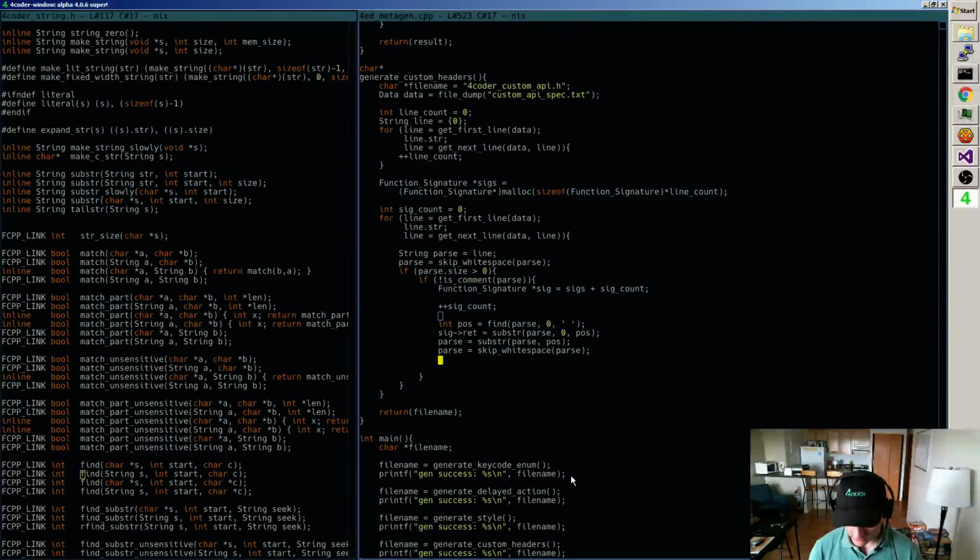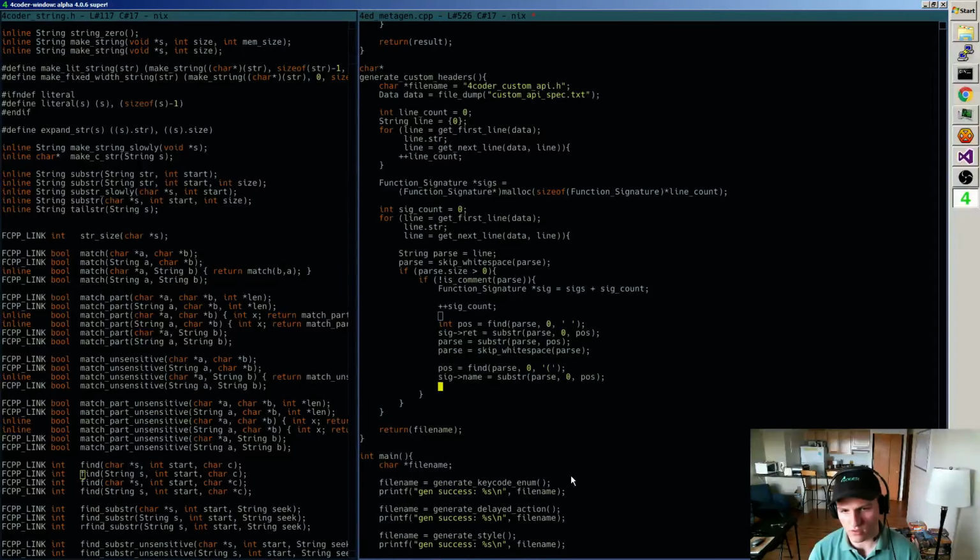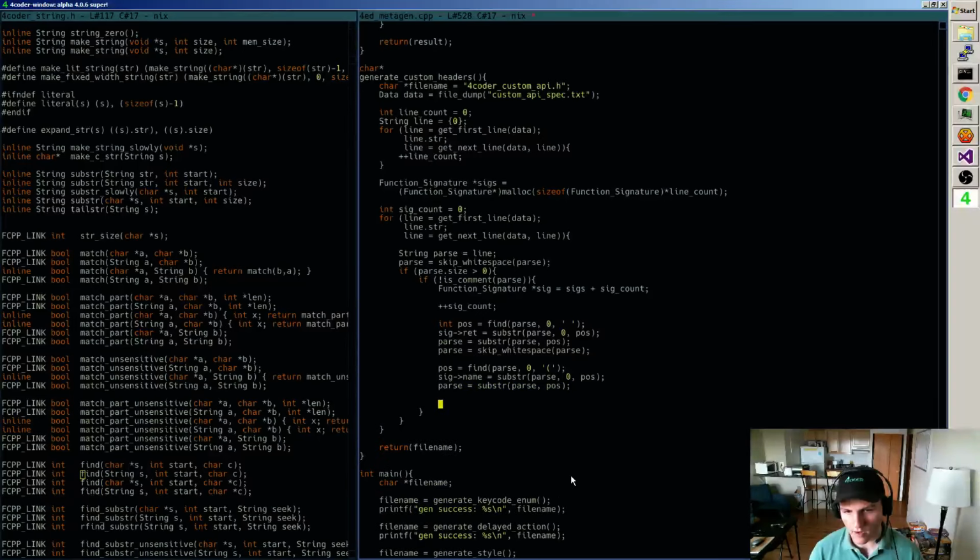So now my parse has everything except for the first name, the first chunk of non-white space it saw, and then the white space after that is not included. So then I want to do position equals find the first open paren, and then it's going to be a similar thing. The name is going to equal the substring of parse from 0 to the position, and then we're going to do this. And then finally, now we're not going to skip over that parenthesis. Now what I want is I want to do position equals find, well actually I guess at that point,